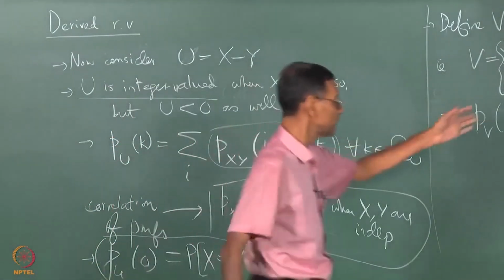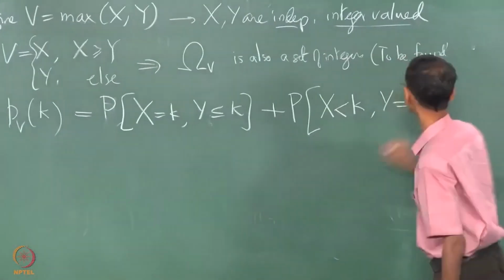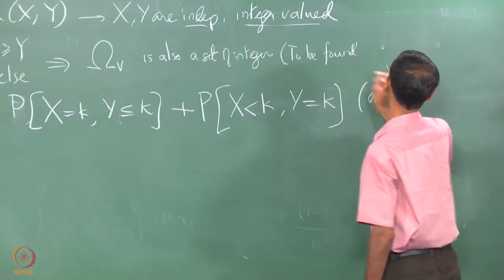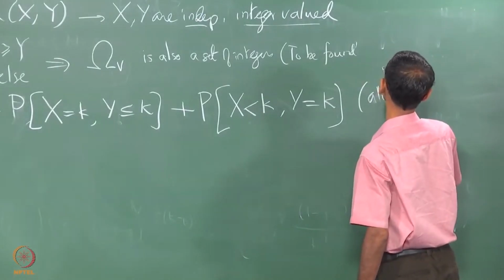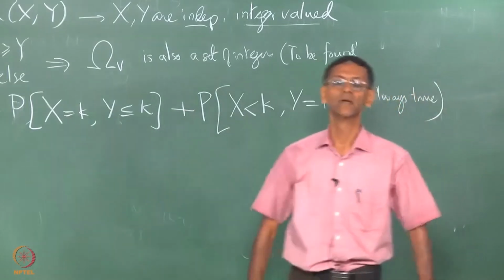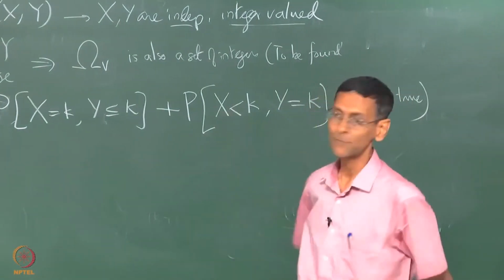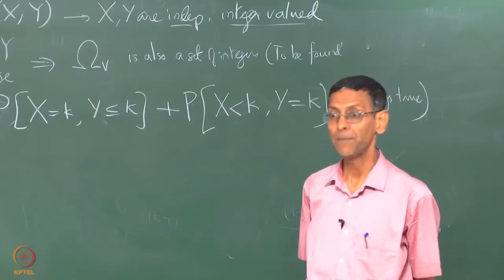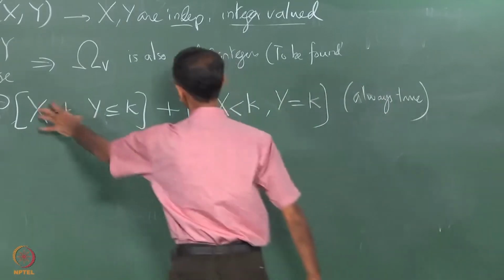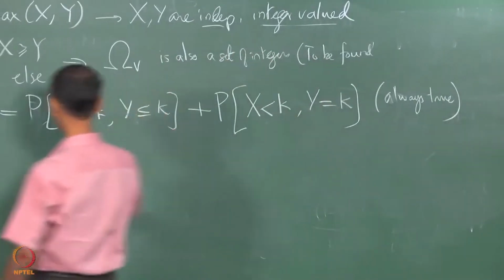This is true even when x and y are dependent. This does not require independence. This is always true. In the independent case, how does it simplify? These are now joint probabilities involving x and y. But when x and y are independent, the event x equal to k becomes independent of the event y less than k. So this becomes